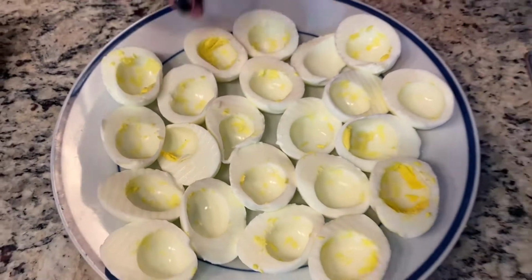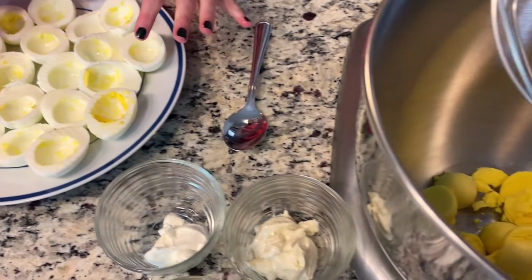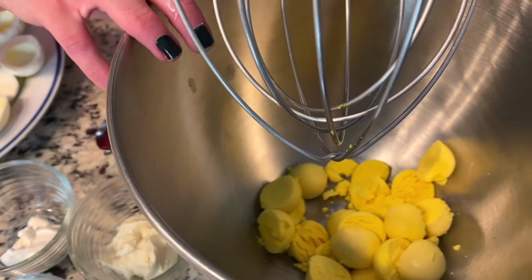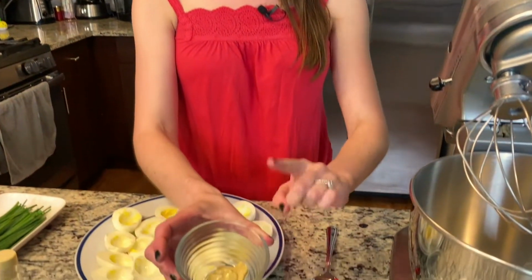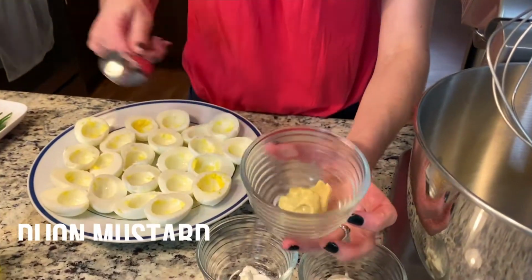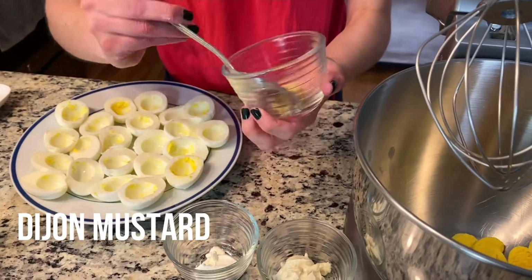So we have our hollowed out eggs, and then we have the yolks right in the bowl of our mixer. And now it's time to add all the fun flavors. So we want these to be truffled deviled eggs, which means that we don't want a lot of mustard taste. There's usually quite a bit of mustard in deviled eggs. We only want a little bit. So I just have a tiny bit of Dijon mustard,